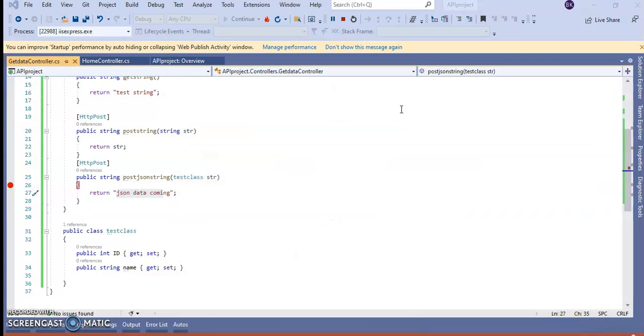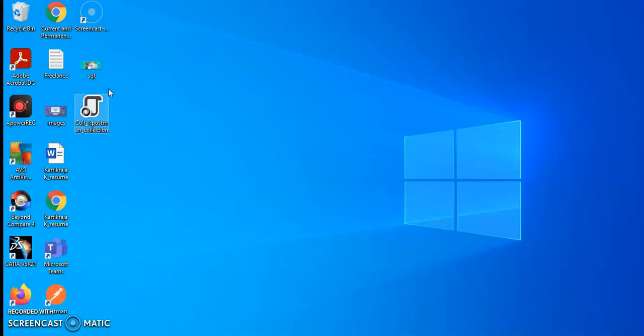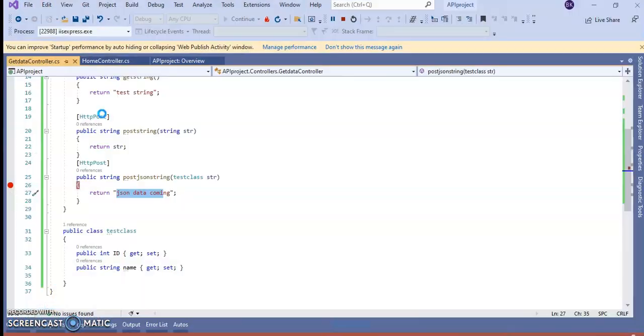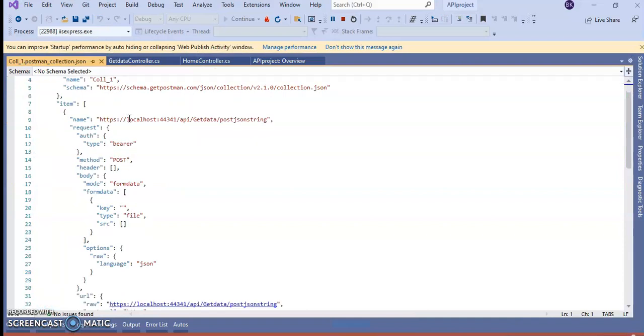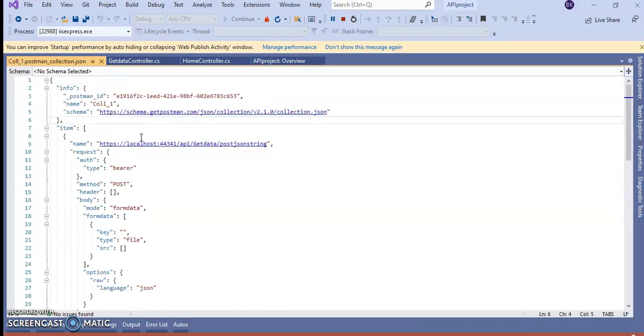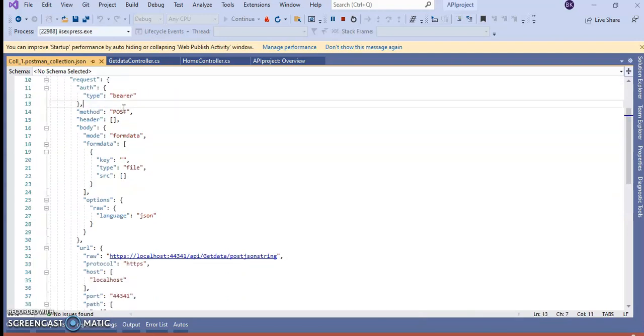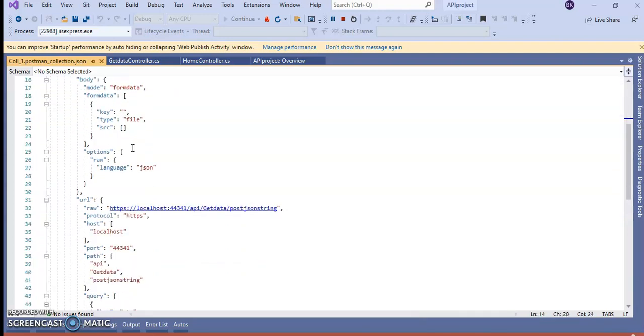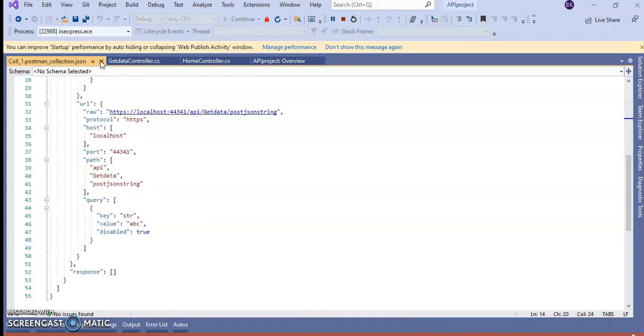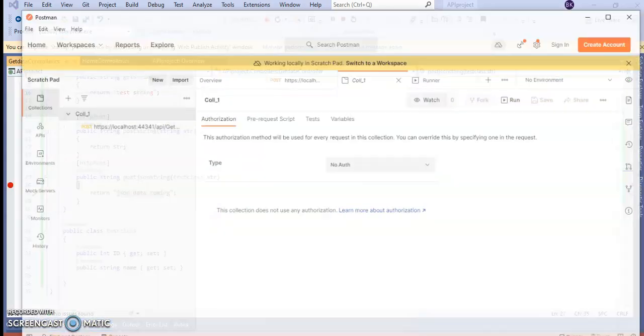So this is our collection, and you can share this with the team. If you open this, it will be a JSON format file. See our API name, what the authentication type is, whether it is a POST type or GET type. So this is how the JSON file will look, and how they will test it.